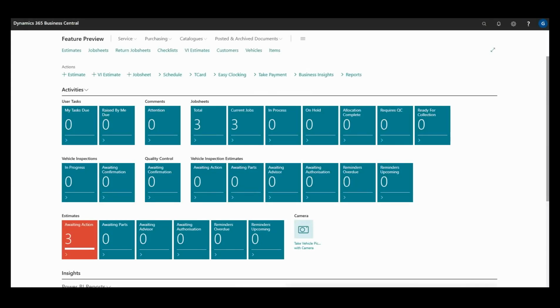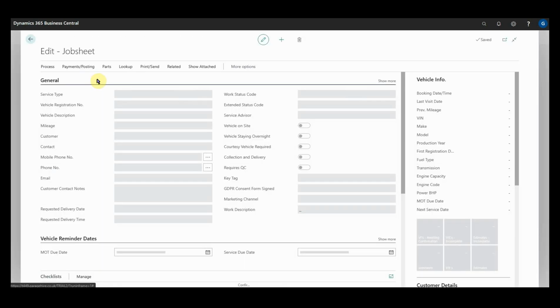So in this video, I'd like to introduce you to two new features. We've improved our Autodata integration and we've produced a service interval matrix, and we've also linked Autodata's service operations with our checklists. So from a job sheet, I'll go to Lookup